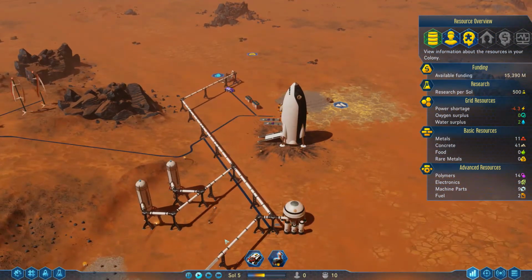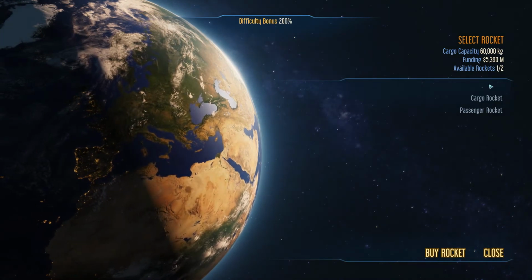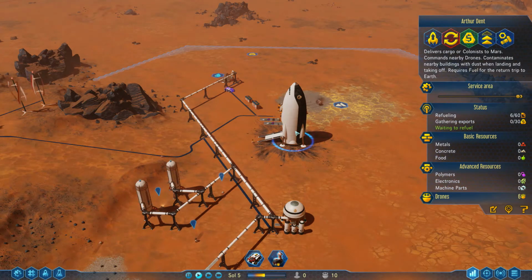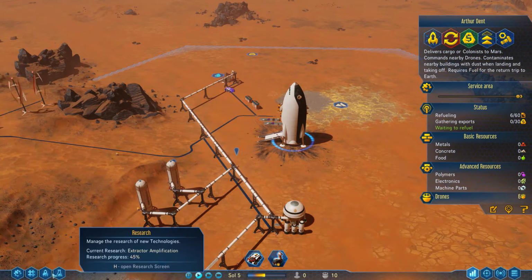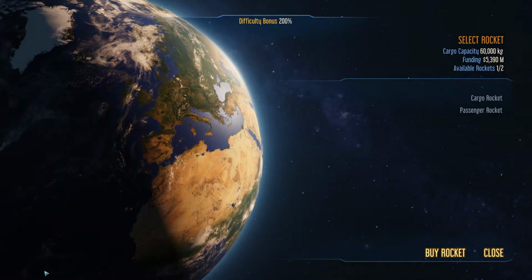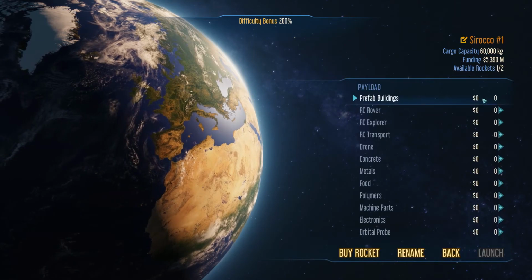I think I might bring in the second shuttle straight away, because if we order up our second ship, then we're already generating fuel, right? So the Arthur Dent can go back when it's refueled, and probably by that point we'll have a dome built, we'll have some buildings built, everything will be looking a lot more promising for establishing a human presence. But if we send our second rocket, which is going to be a cargo rocket,